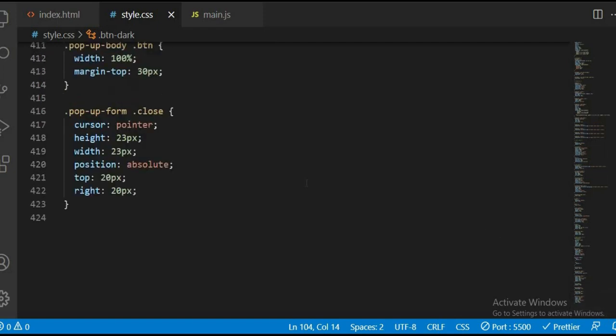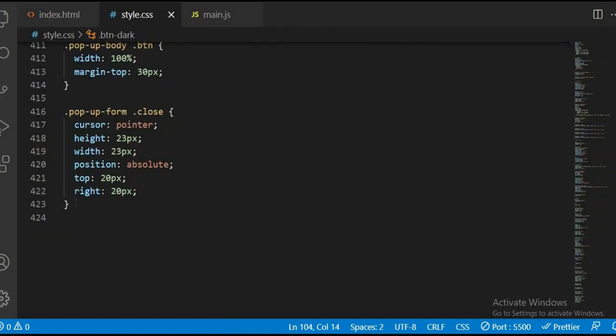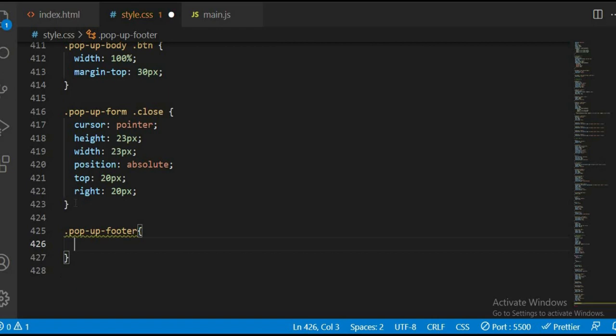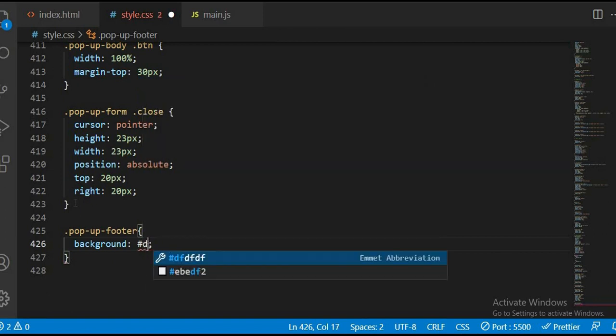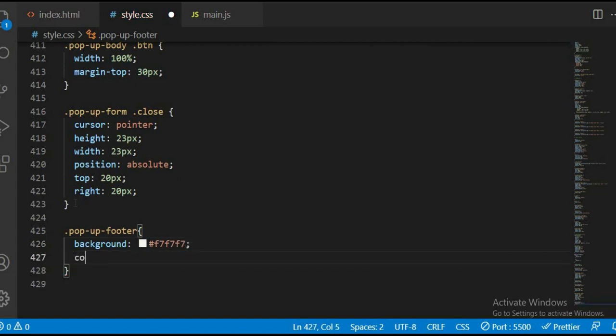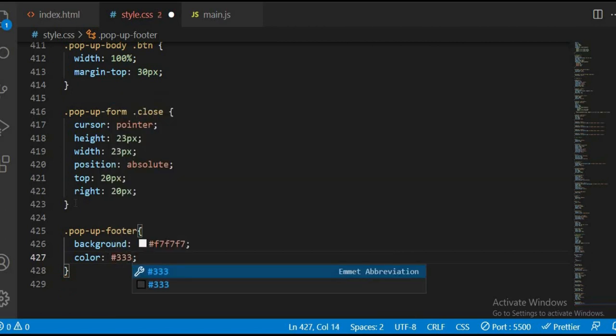Okay, so I think here we gave it pop-up footer, so I'm just going to copy this class and paste it right here. Okay, so I'm going to assign a background to this of #F7, and I'm going to change the color of this. So okay, this is going to have a color of #333,